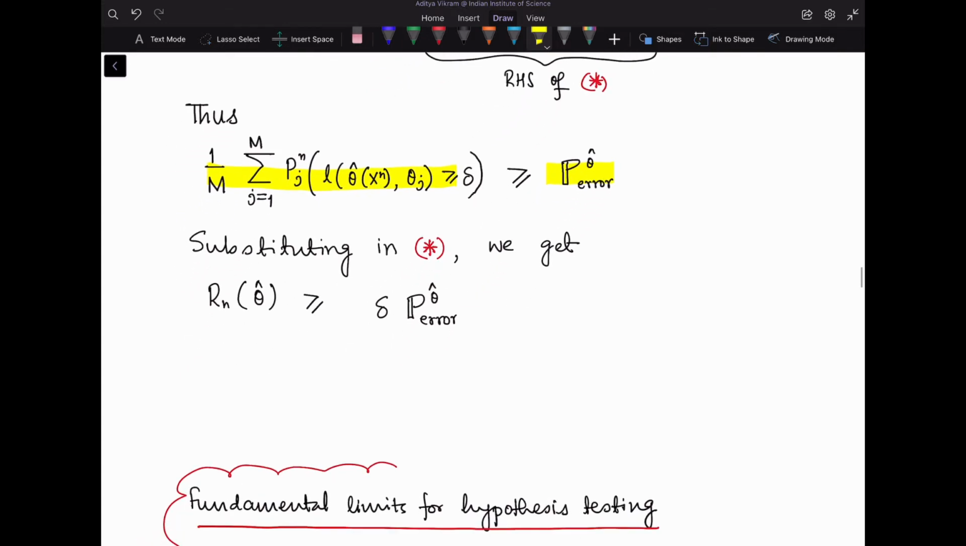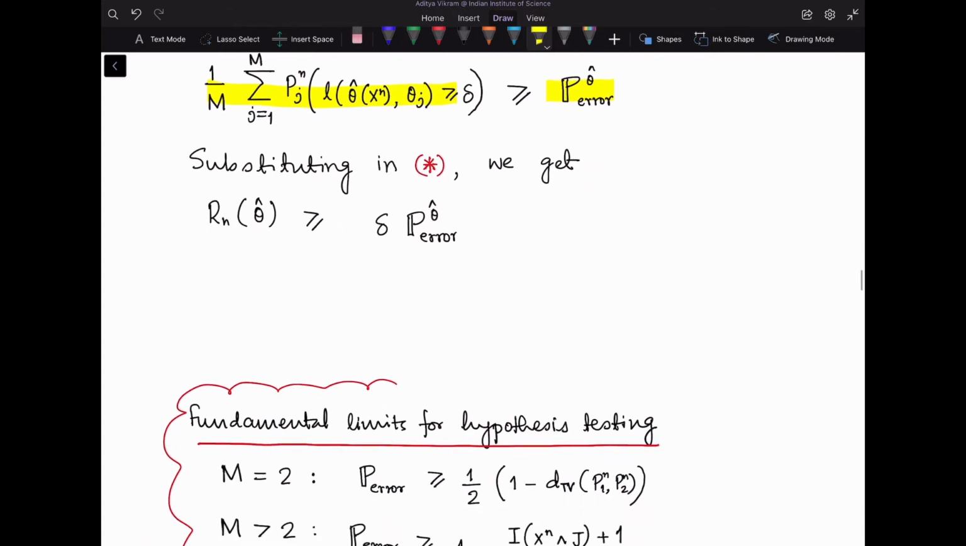error. Okay, so now if you substitute this in star, we get that Rn theta hat is at least delta times this probability of error. Okay, so now note that this still depends on theta hat. So we have a lower bound on Rn theta hat, but it still depends on theta hat. Okay, so now we will show that this quantity has to be at least something, and that would be a fundamental limit